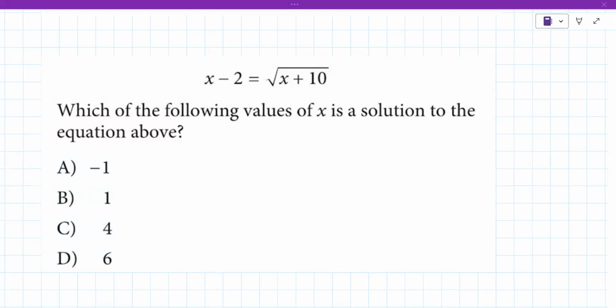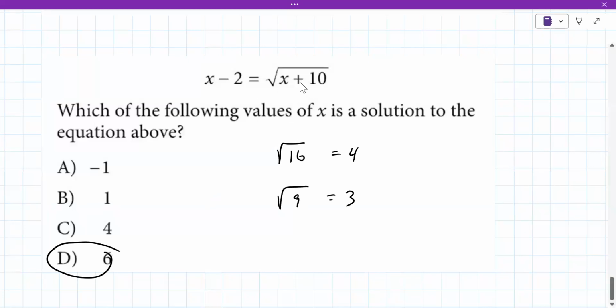There's D. Now, one of the things you might think about when you're doing this is what numbers can you take the square root of? You can take the square root of 16 like you did here. The other ones don't actually have, other than 9, that does work. You can only take the square root of certain things. So when you have a problem where you're doing some sort of specific operation, that also helps to say, well, I can't take the square root of 11. I can't take the square root of 14. So you're reducing answers by taking a look at